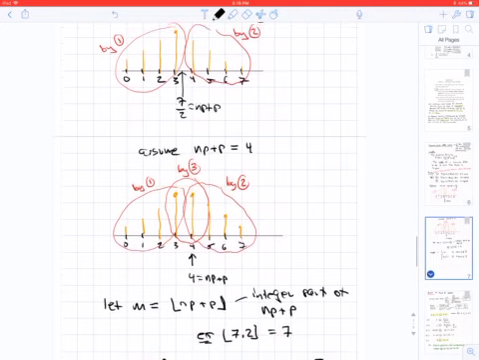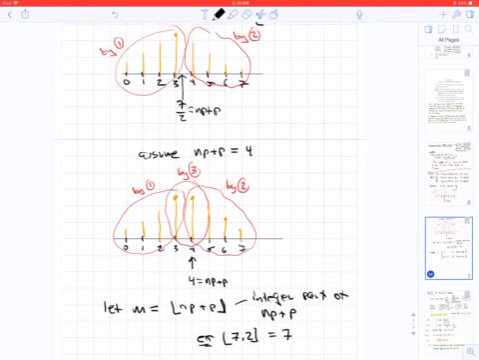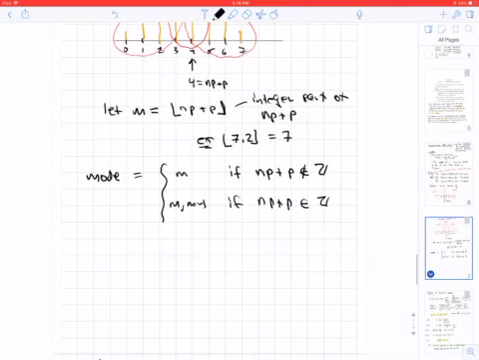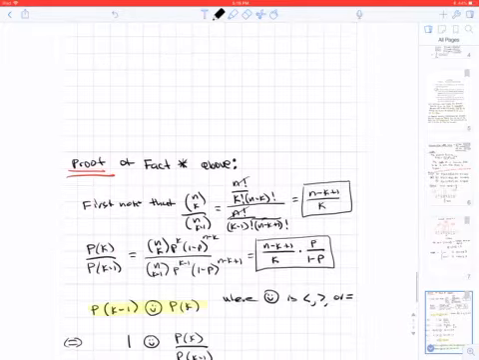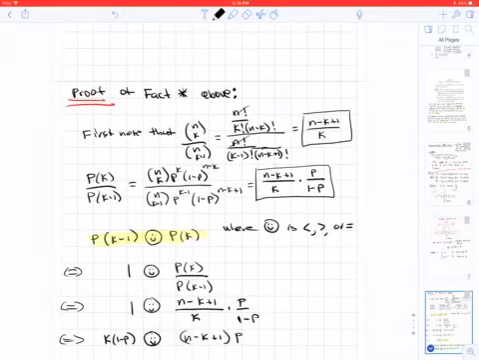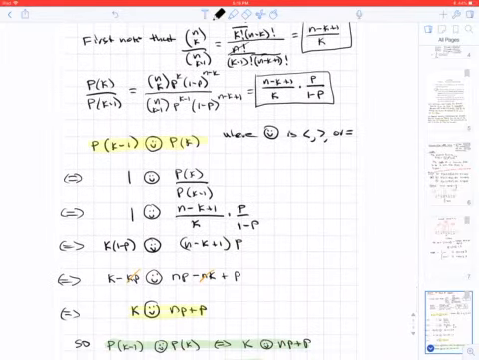And if np plus p is an integer, so in that case we have this picture here. So we have two modes, right? 3 and 4. So in that case, m is 4 in this case. So 4 and 3 are both modes. So m and m minus 1 are modes. Now, as for the proof of the fact above,